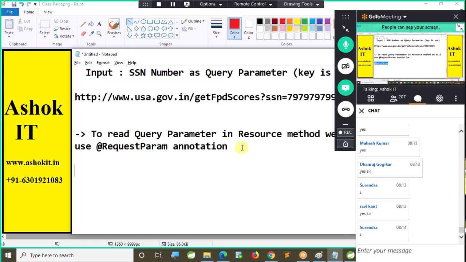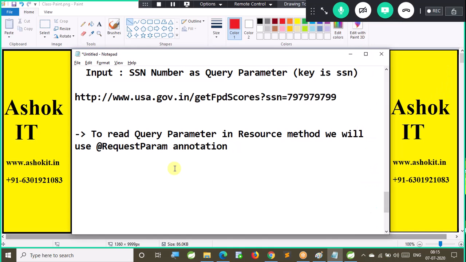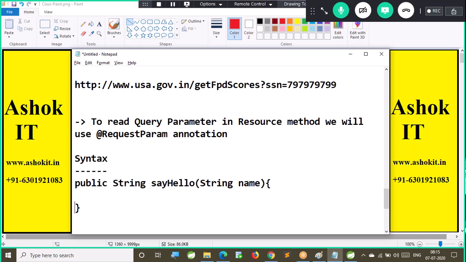In Spring MVC, to read the query parameters, we will use an annotation called @RequestParam. Now, what is the syntax for that? I want to read a query parameter like this: public String sayHello. Now I want to take the name.